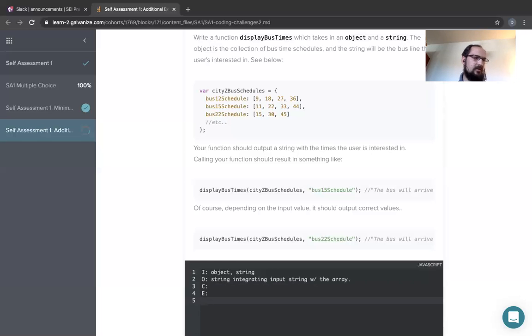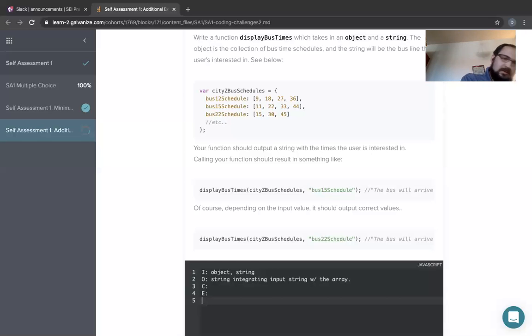So if it's true that there is a line string in the object called arrivals, then we're going to return this new string, which will say the